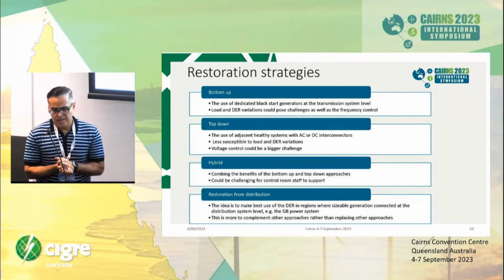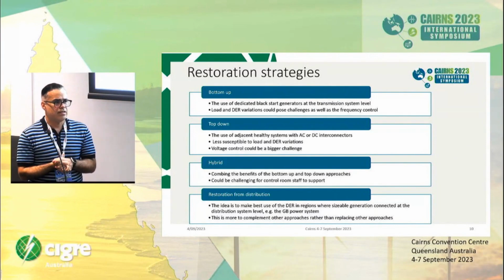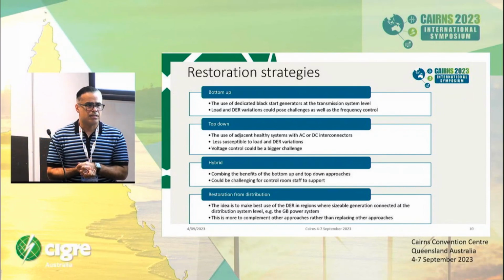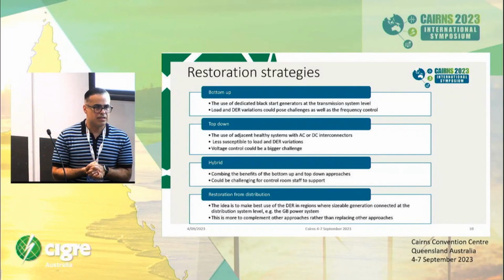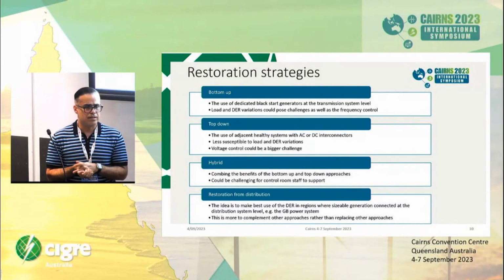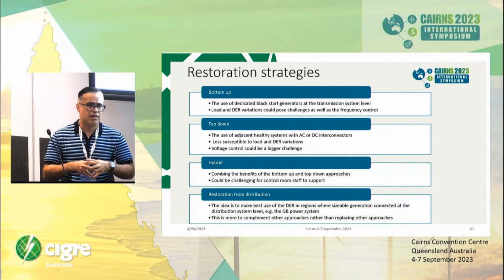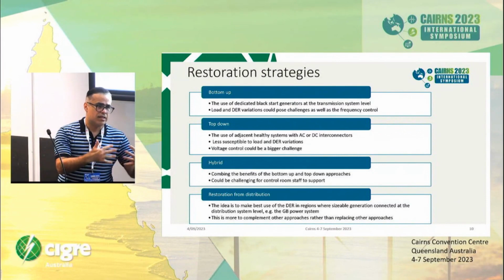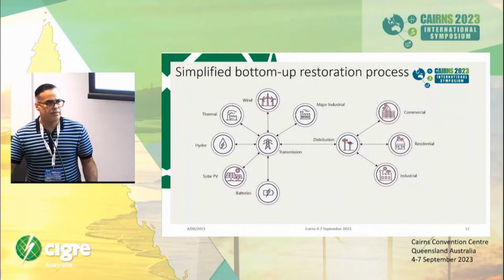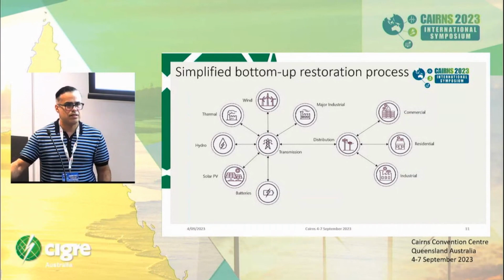And one thing that we discussed very briefly, which is not widely used but which in the UK they are pursuing quite aggressively, is the use of whatever is available at the distribution system, at least to energize some part of the distribution system. So this is not going to energize the end-to-end power system based on a black start capable generator, but with the logic of every little counts, you can expedite system restoration. So this is a simplified